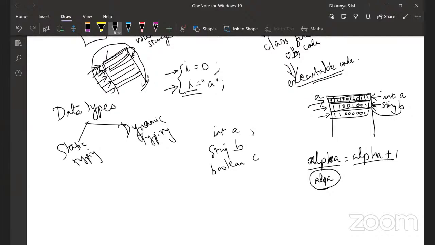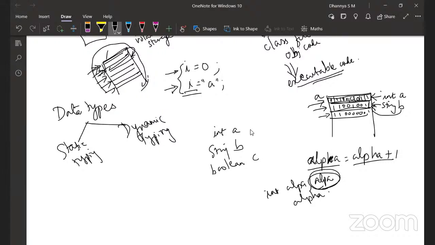We won't get into this kind of typo errors resulting in logical mistakes in the program. Because in Java, if you want to use alpha, you have to say, okay, this is int alpha and alpha. Whereas in Python, that is not required. Of course, the flexibility that Python gives you is also a reason for resulting in some kind of logical error due to some typo error or something else.